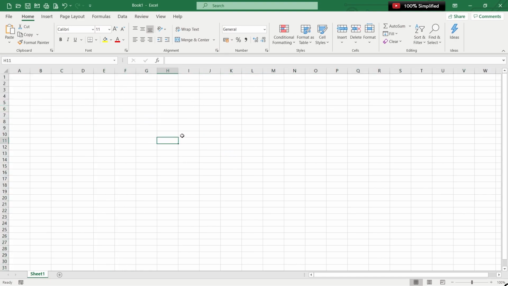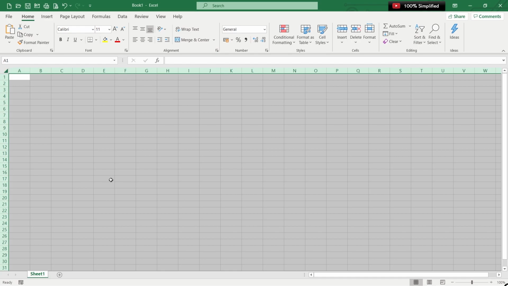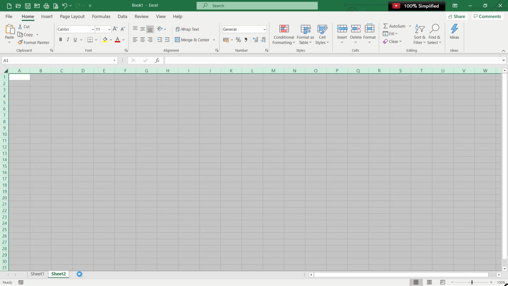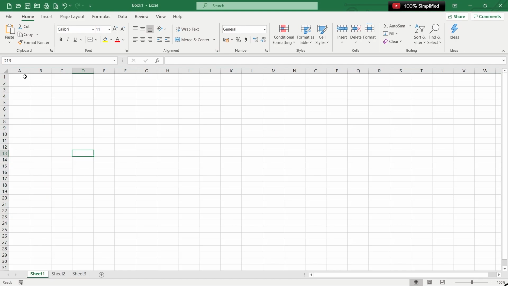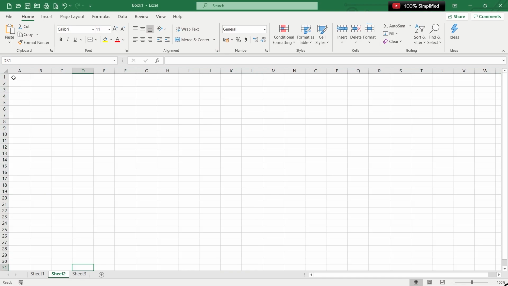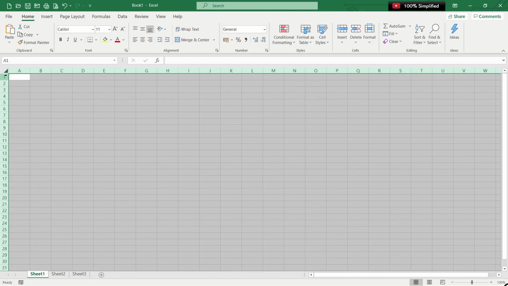Now, one more thing which needs to be understood here is this entire thing is one sheet. Similarly, we can create another sheet as well. And similarly, we create another sheet. So there could be a lot of sheets put together into an Excel. This one sheet plus the other sheet plus the other sheet can be used for a lot of data analysis. Now, these three sheets put together is called a workbook.